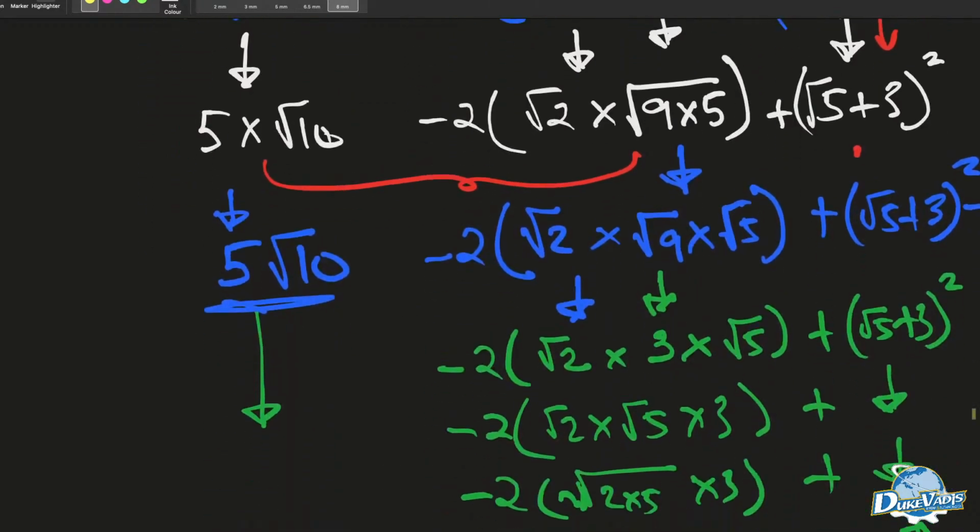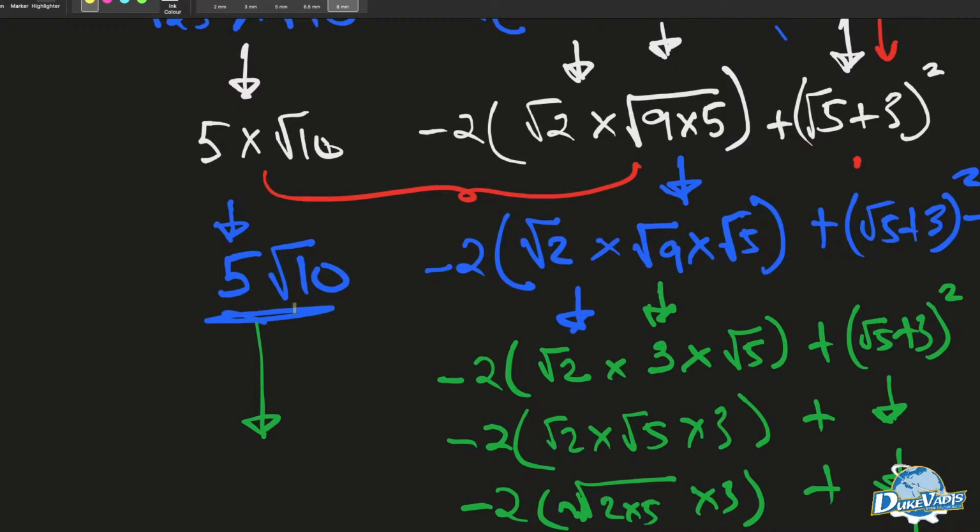Then we came to this point. We realized that this, we are done. 5 times root 10 is 5 root 10. Okay? Now we came to this point where we have root of 9 times root of 5. We know the root of 9 is given as 3. So pushing everything into the equation,